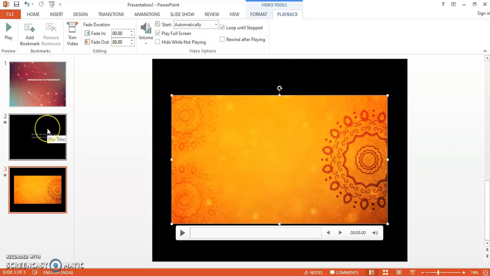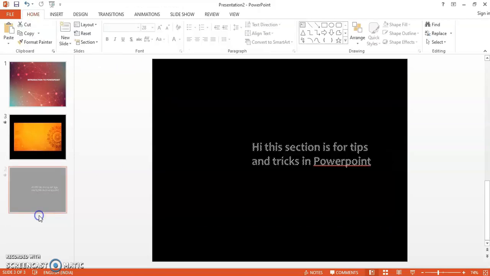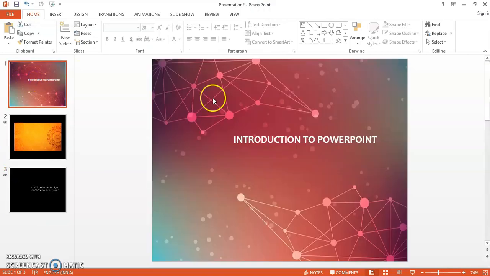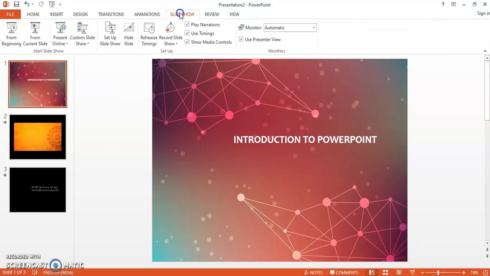And let's do a quick slideshow so that I can show you how it looks. So for slideshow, we have various options. One is this. It will start from beginning, that is, it will start your slideshow from first slide. This will start the slideshow from current slide. Then if you want to use slideshow menu option, you can choose this from beginning or from current, or you can choose a shortcut key also, which is F5.